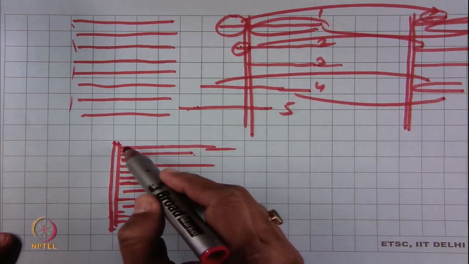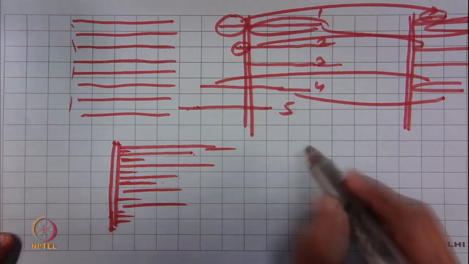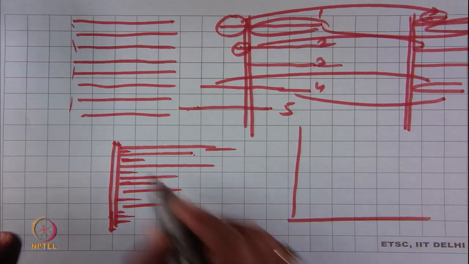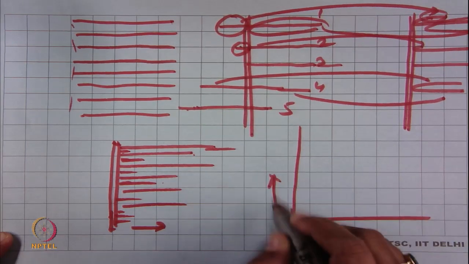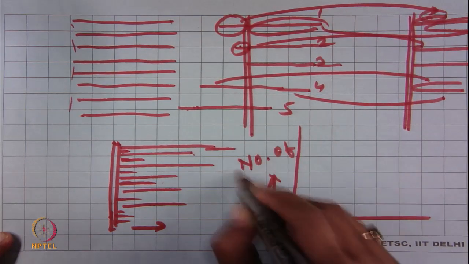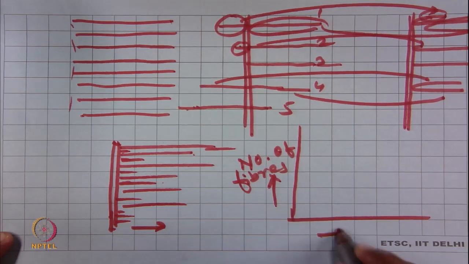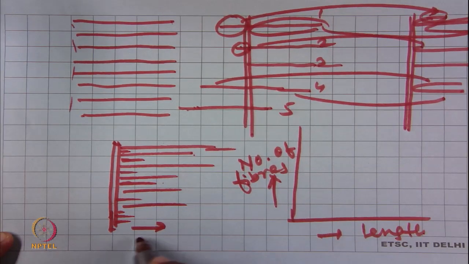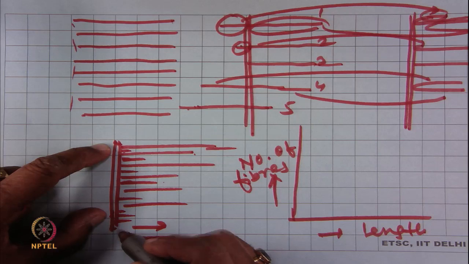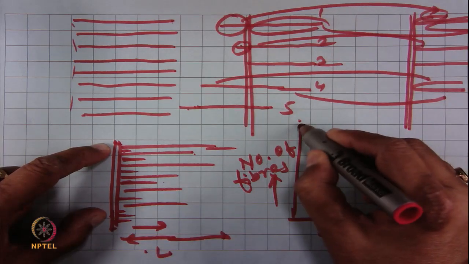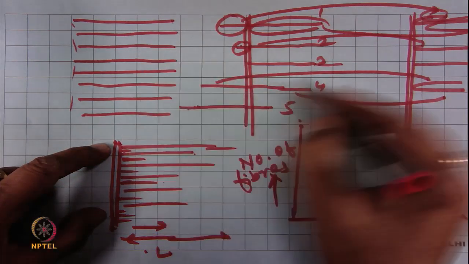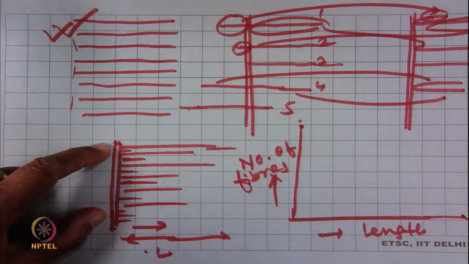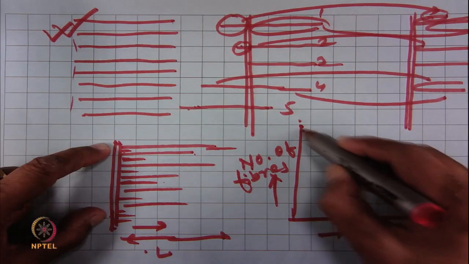And if you see the density of the fiber, number of fibers versus length, suppose this is the number of fibers and this is the length from the comb. Here the number of fibers will be maximum, and then it will keep on reducing, and for this cut polyester fiber, this curve will be